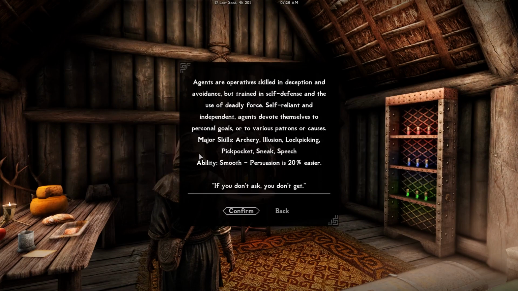Then we have Agent: archery, illusion, lockpicking, pickpocket, sneak, and speech. Their ability is called Smooth. Persuasion is 20% easier. If you don't ask, you don't get. That is a fair point. That's interesting. Okay, so one interesting thing you do... I know speech isn't particularly...